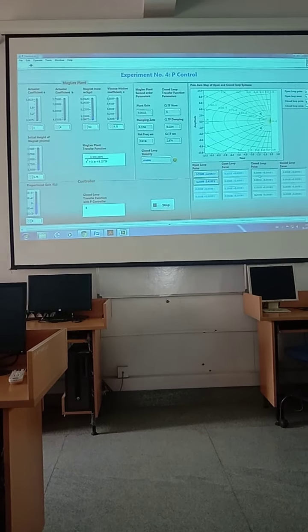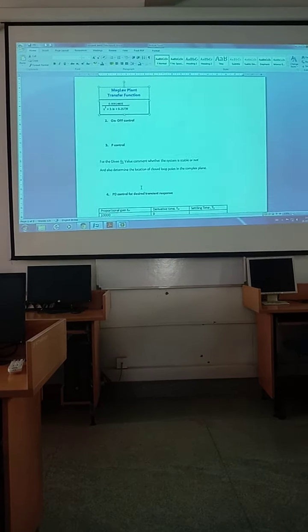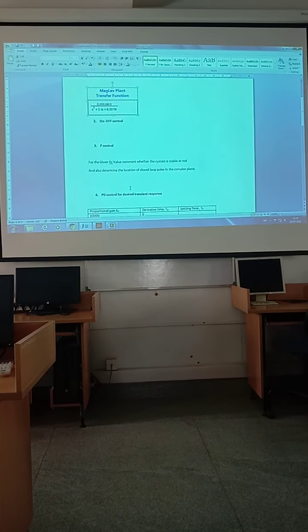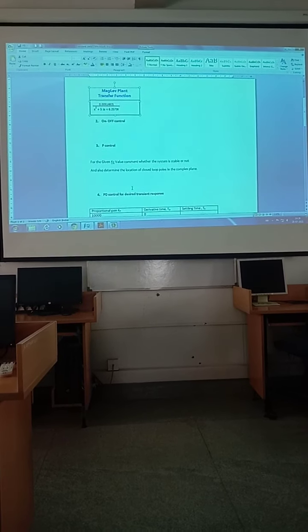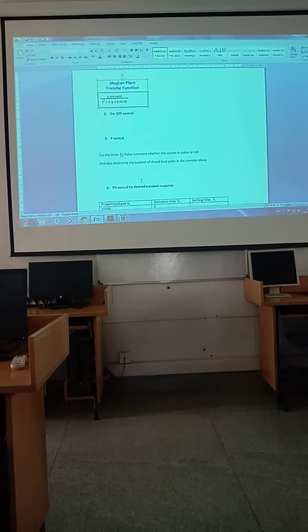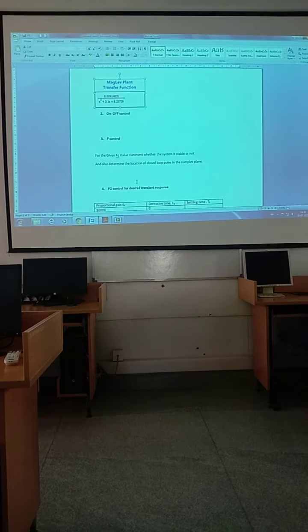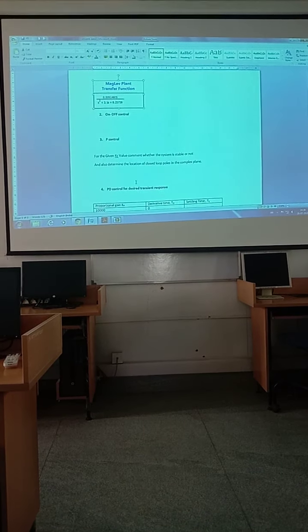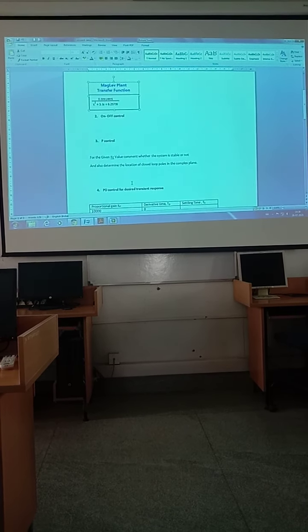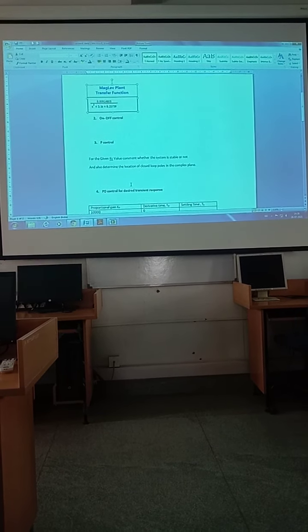Okay, but now see, you can read this. For the given Kc value, that is the controller gain value, which will be given to you. By entering that Kc value, you have to check and tell me whether the system is stable or not. And also you have to observe where the closed loop poles will appear. These two things you have to observe.